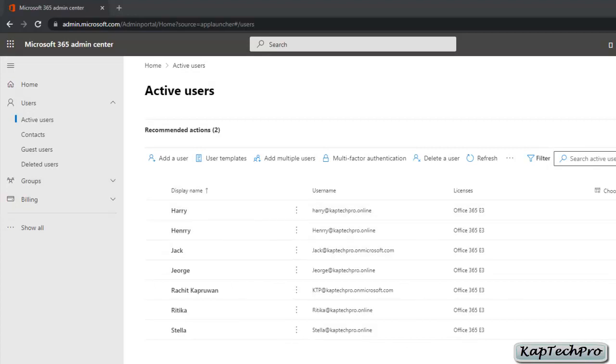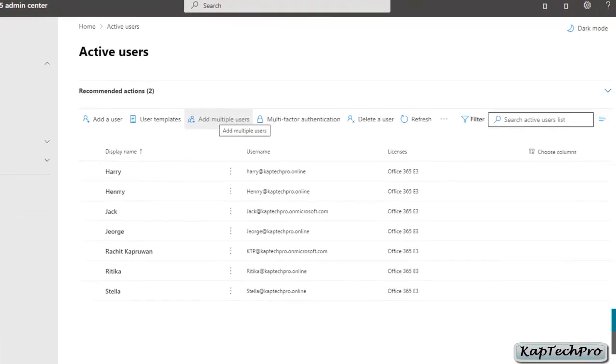Now we have done a recruitment and we have to add 4 to 5 users in Office 365 and assign them an email address. Every time it's not feasible for the global administrator to add a user one by one, so we have to add users in bulk. There is an option to add a user, but if you select this, you will only be able to add a single user at a time. Now we have to select this option to add multiple users at once.